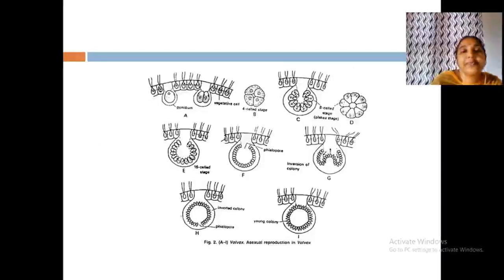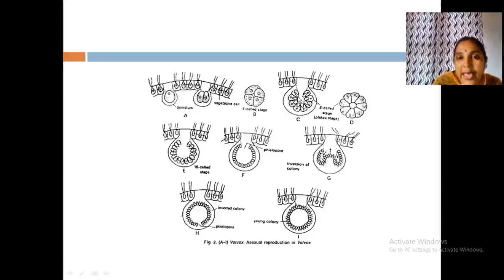See the diagram. Here a small portion of the large Volvox is drawn. Clear? So some of the cells act as the gonidia. This is a gonidium. What is the condition? The cell is enlarged in size, filled with protoplasm, flagella lost, eye spot lost. That is a gonidium. Okay. Now the gonidium undergoes division. First it divides into 2, then 4, then an 8-celled structure.